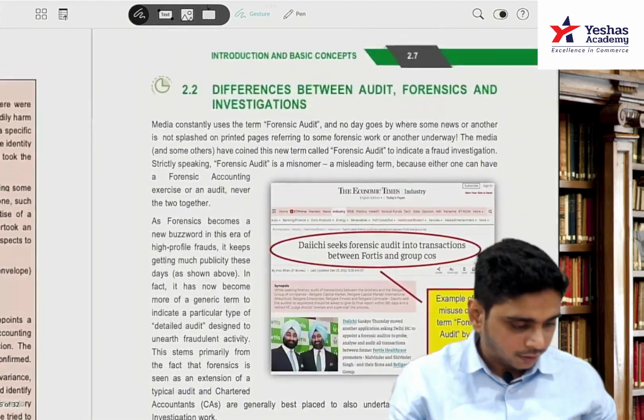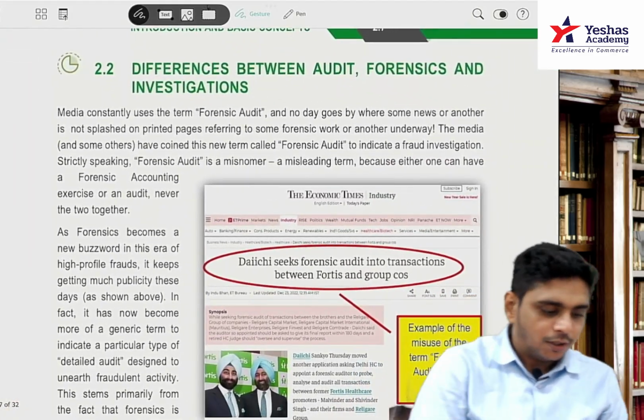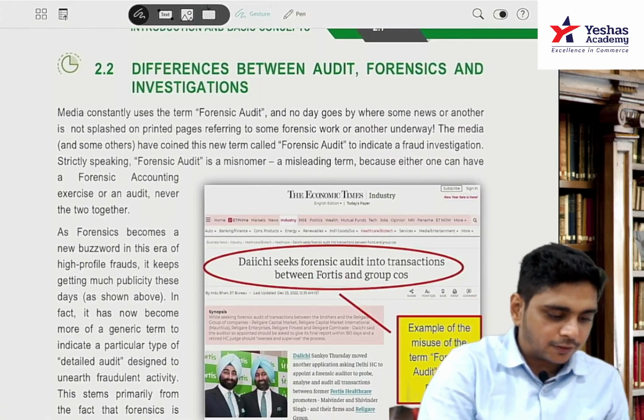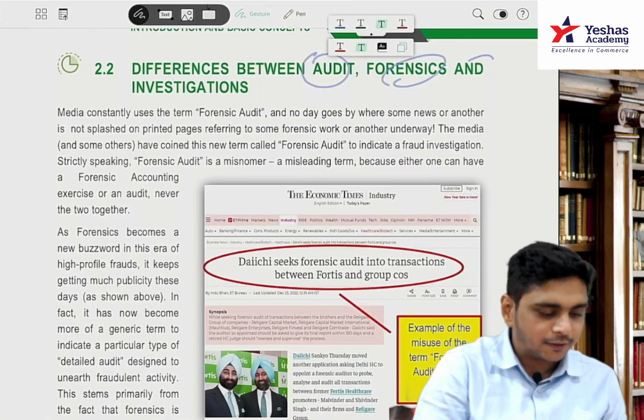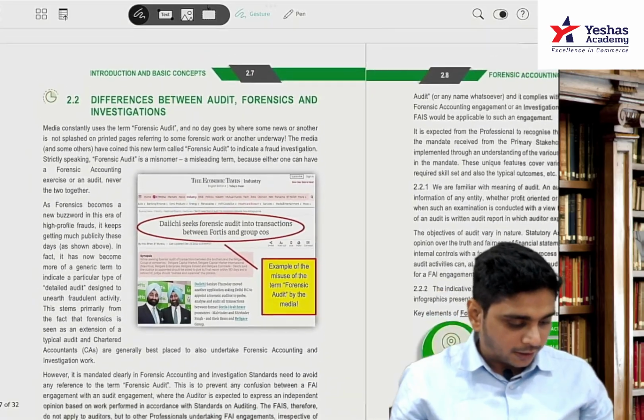Cool? Okay. Now next. We are now doing the differences between audit, forensics and investigation. So what I'm telling you to cancel,